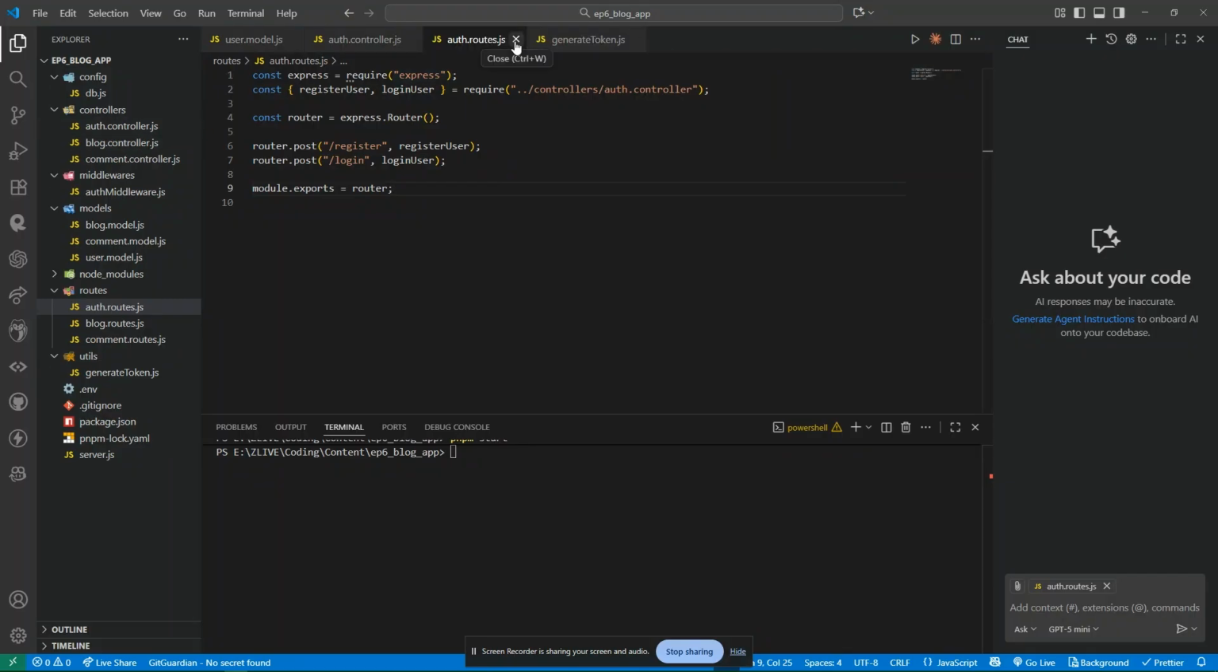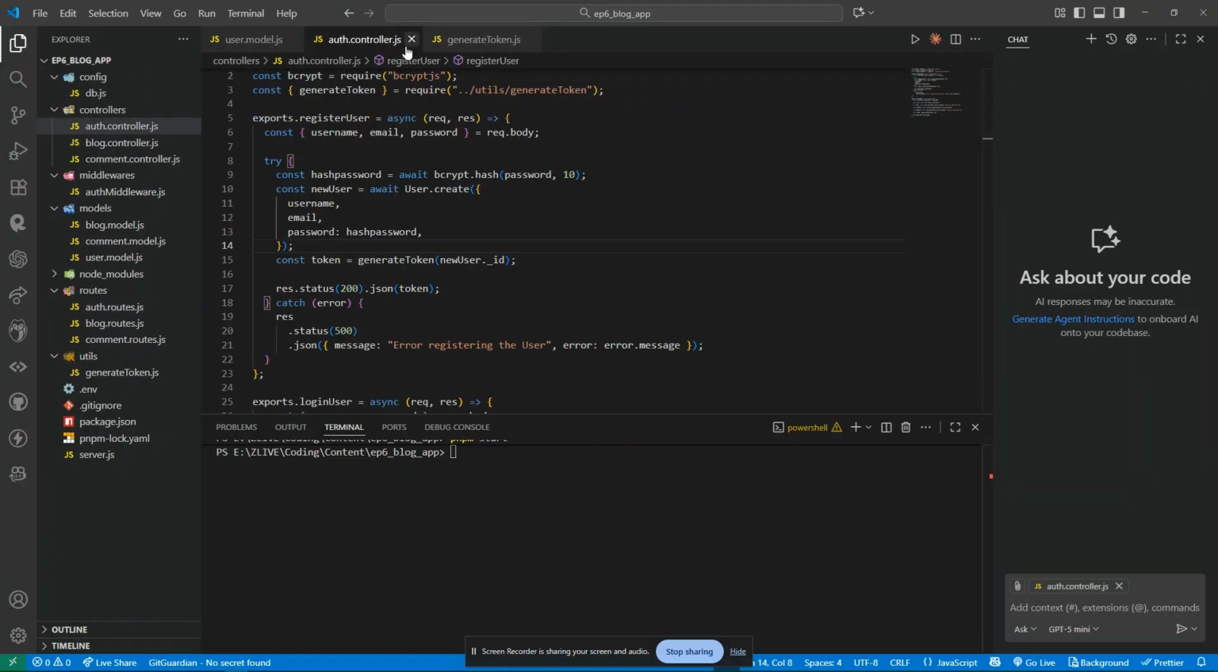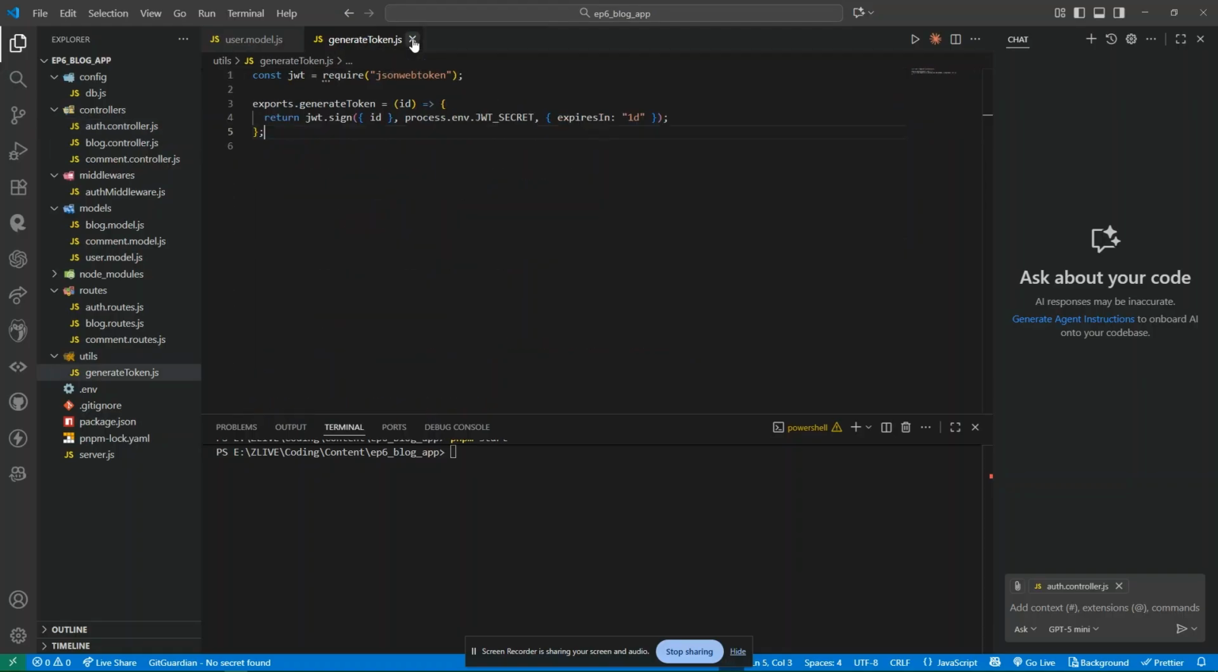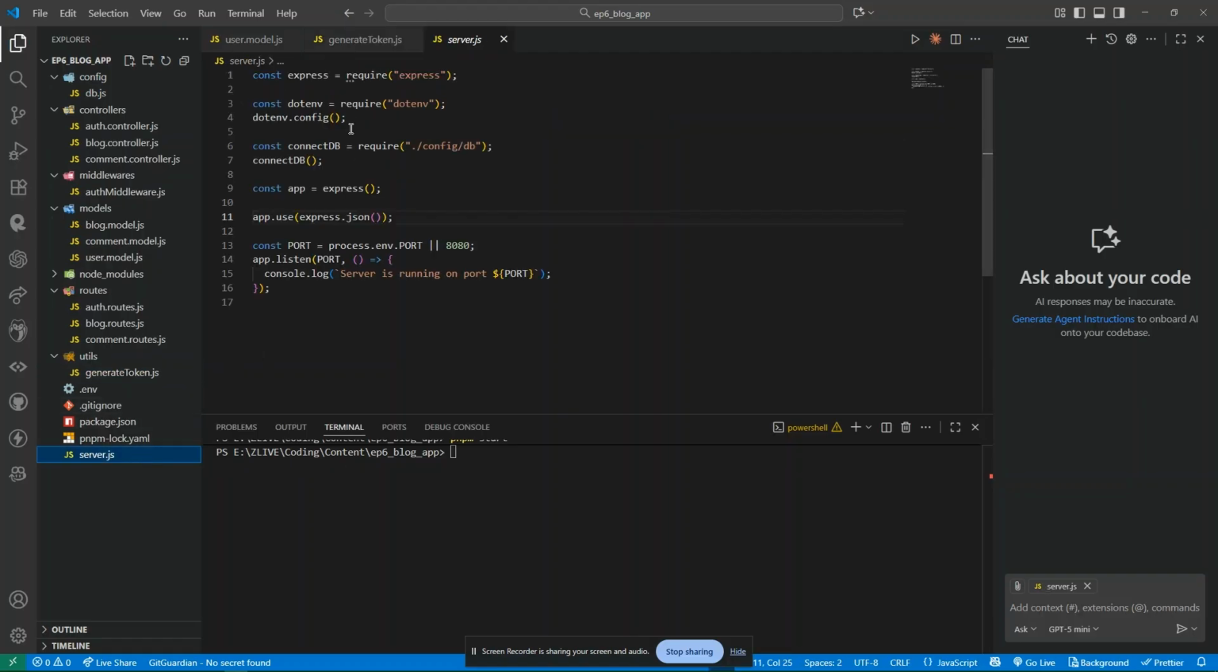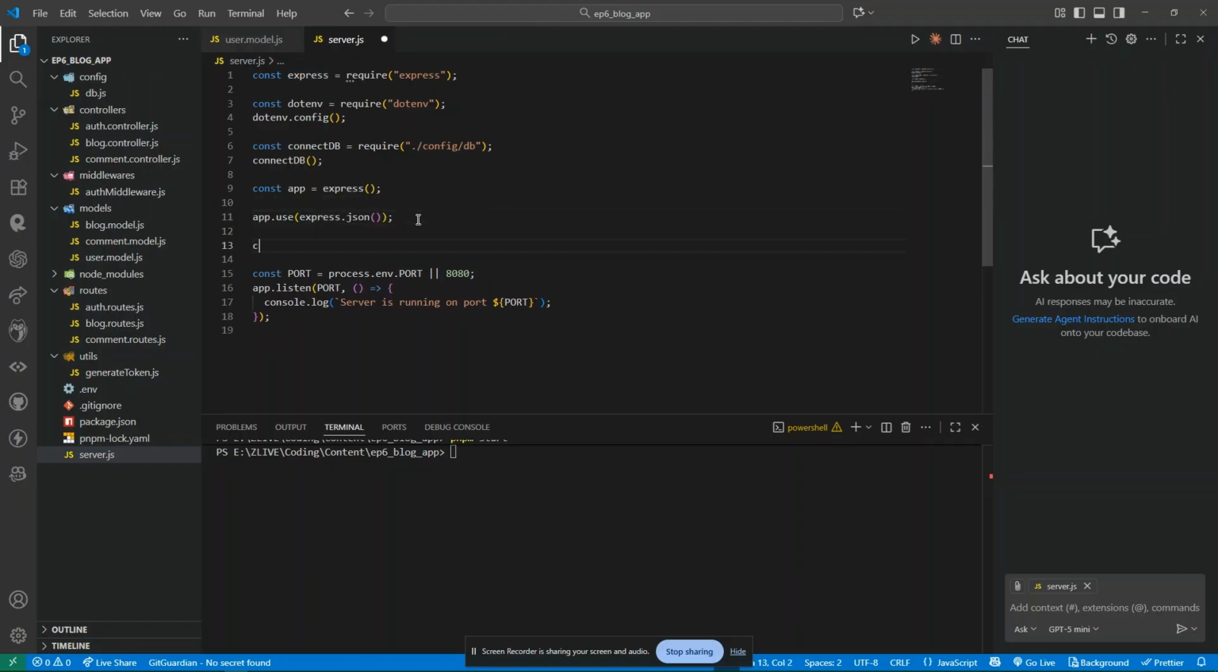And after mentioning the auth route, controllers and the model, the tasks of authentication, registering and logging in a user are completed. We do not need to look much further there. Now we simply have to use it in the server file. First of all, const authRoute equals require, and we say dot slash, routes, and then the auth route,